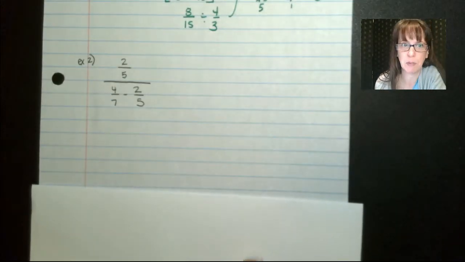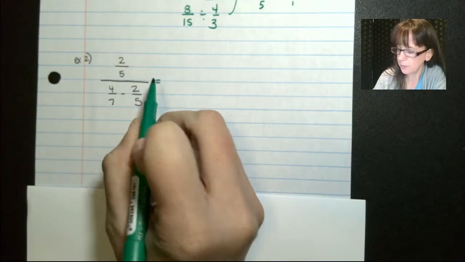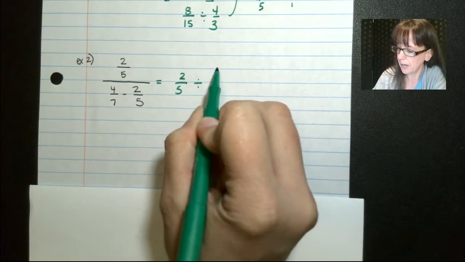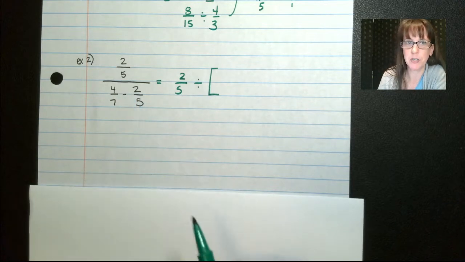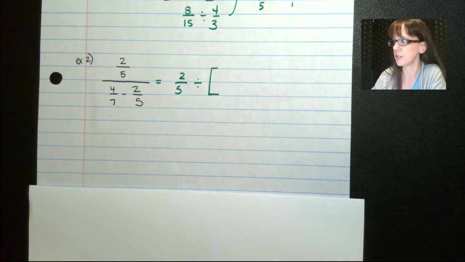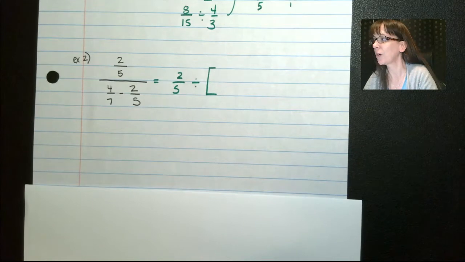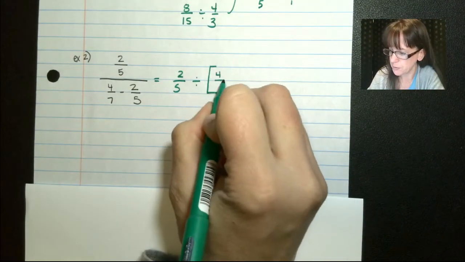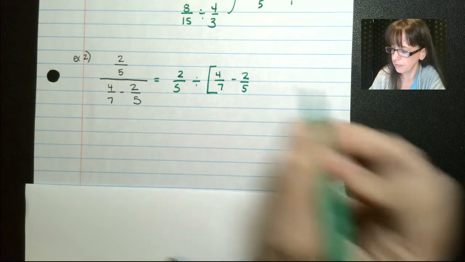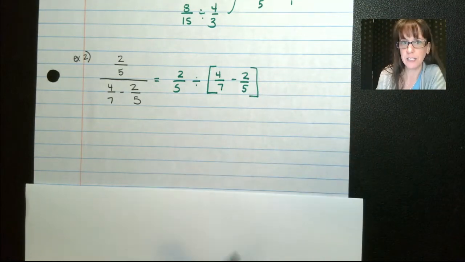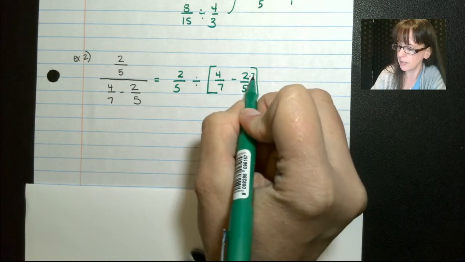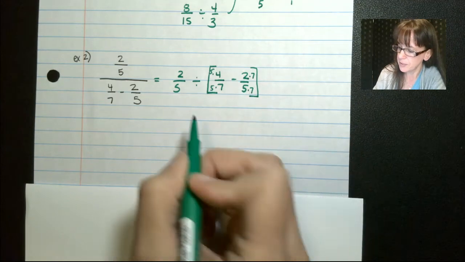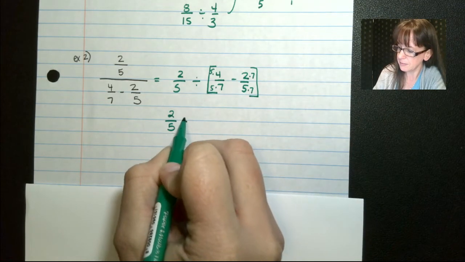Okay, so same idea, we're gonna try this again. When we do this guy, we wanna make sure that we are doing 2/5 divided by, and we wanna group this together, because remember, you wanna do all of your work on your numerator or your denominator, and then worry about combining those with that big fraction bar. So 4/7 minus 2/5. Again, we're gonna need a common denominator to deal with this. So I'm gonna multiply by 7, and if I do it downstairs, gotta do it upstairs in this little mini fraction here. Times 5. So what I have is 2/5 divided by